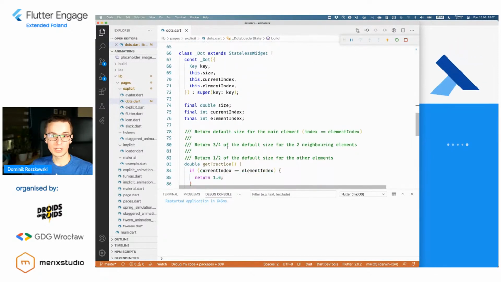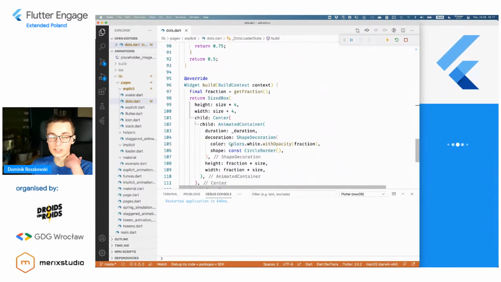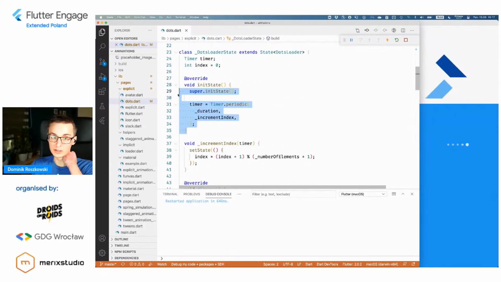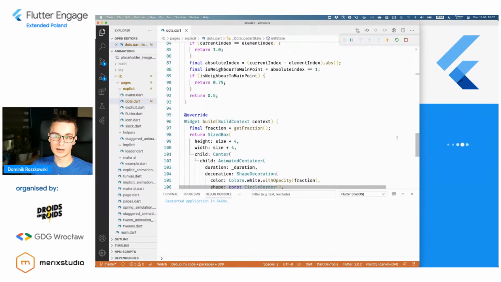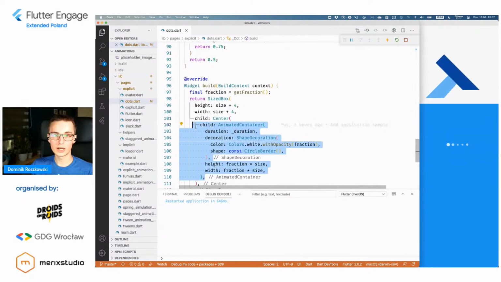And here I combine something that we've learned before, so implicit animations, and my current approach, which is explicit animation. So I explicitly say which widget needs to be bigger right now, and I just go through them one by one. And what I do, I just use animated container. So actually, I don't have to animate the size of the widget itself.